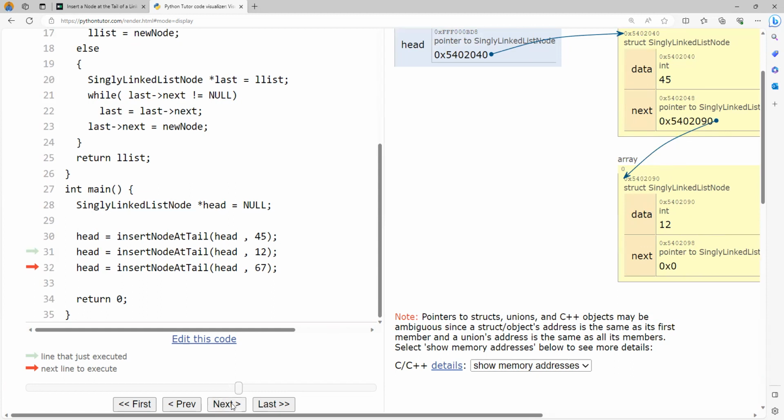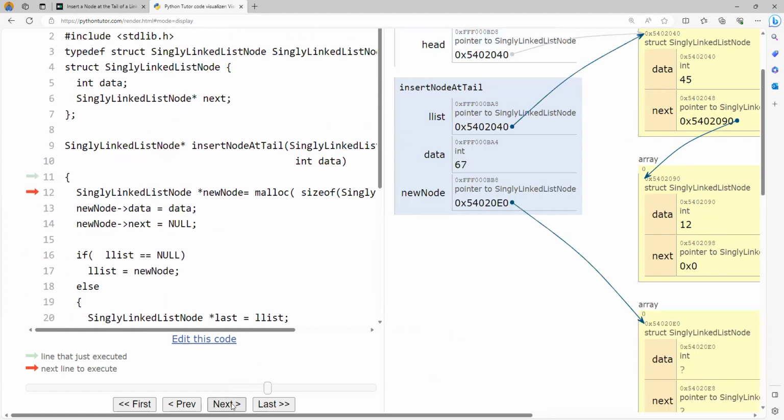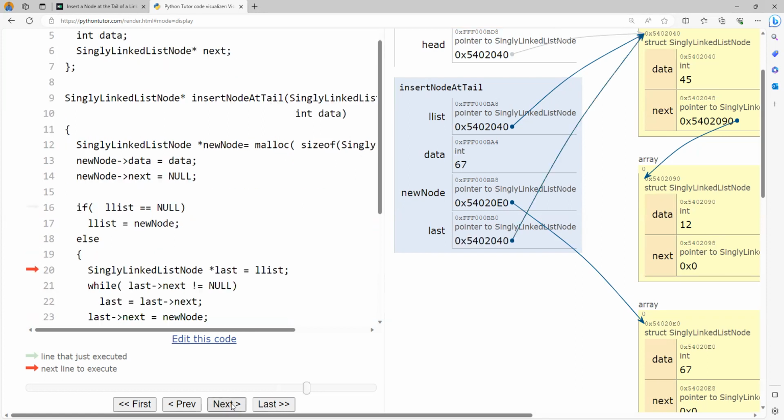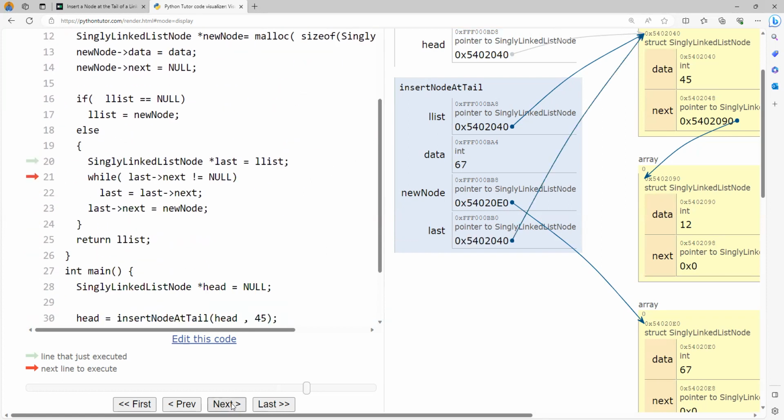Now, when I call this function the third time, again you create a new node. You initialize the data part and the link part. And if the list is empty? No, list is not empty. You create a pointer called last, which will again start from 45, that is the first node. And then, is that the last node? No, this is not my last node because the pointer is not pointing to null here. So I will enter inside the body of the while loop. I'll update that to point to the next node. Which is my next node? This one. This pointer will point to this place,